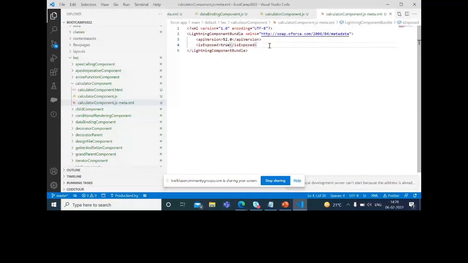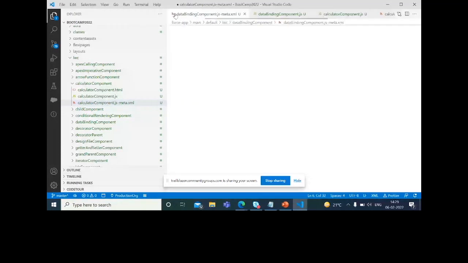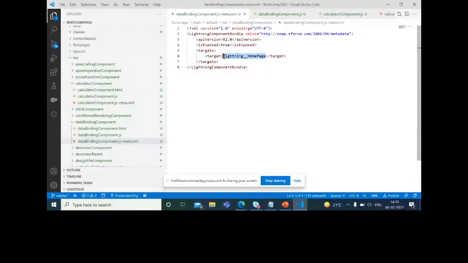And secondly, I will set targets, and in target I'm setting that this component should be exposed to lightning__HomePage. So this component will be accessible only on the Lightning home page of that particular org.